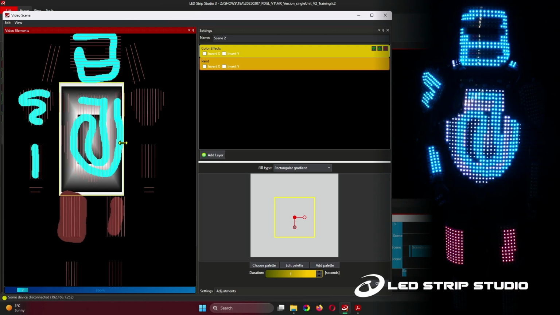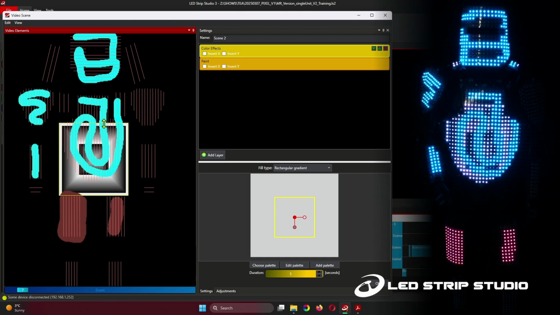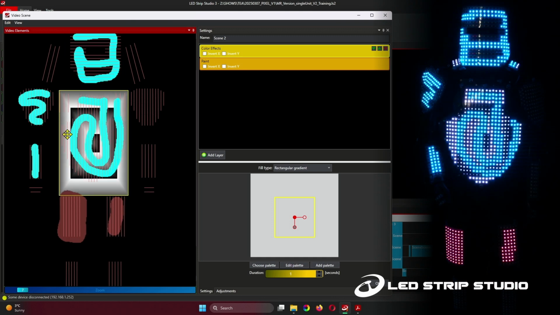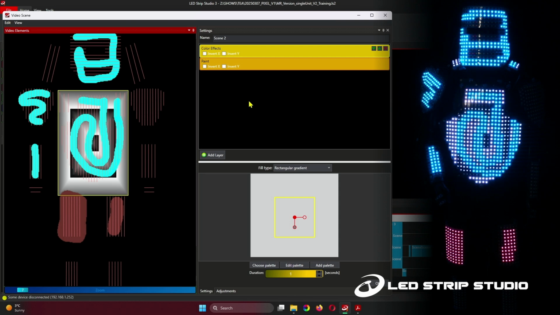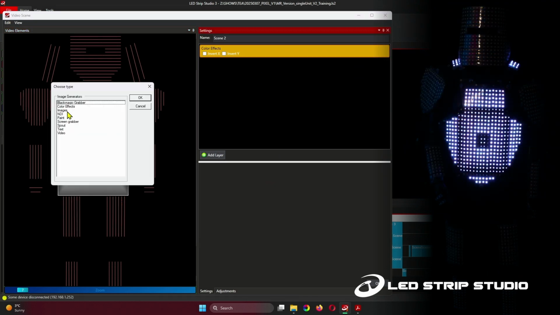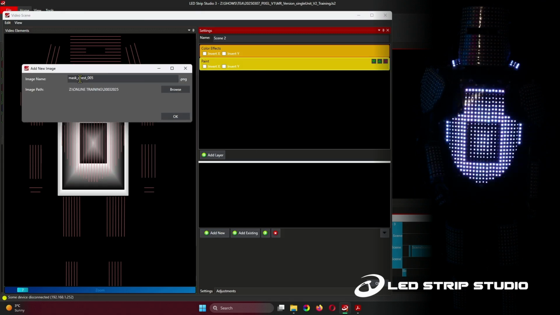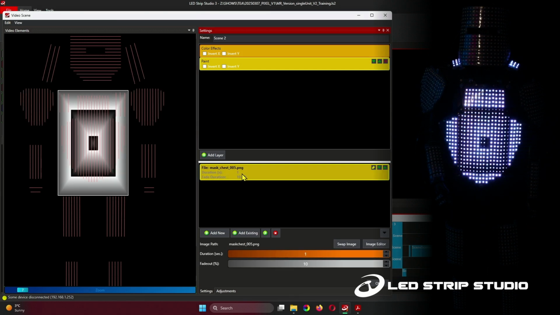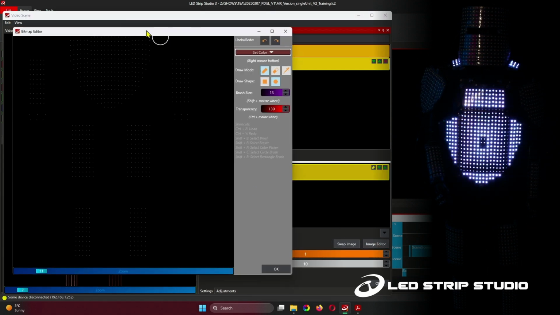But what you can do now with the paint tool, you can mask out this part. Let's delete this, add the new paint layer, add new image, mask chest, that's fine. And in our image editor,